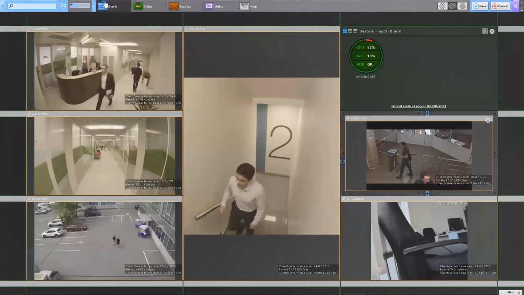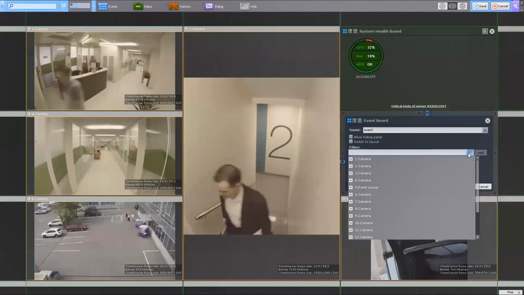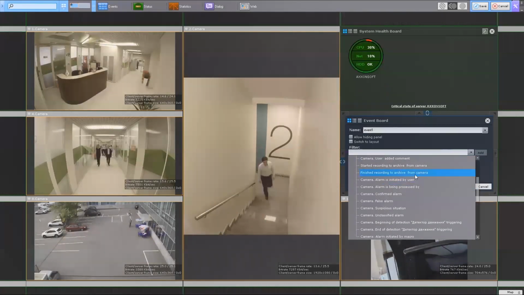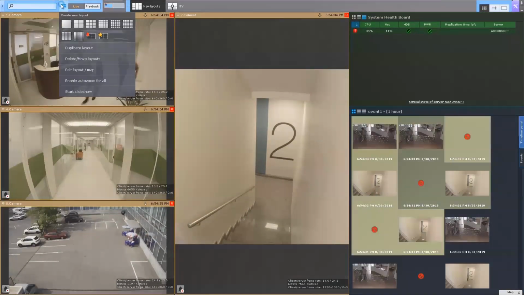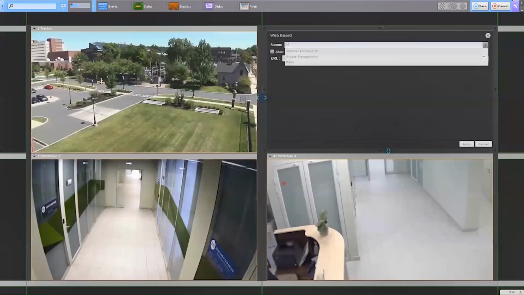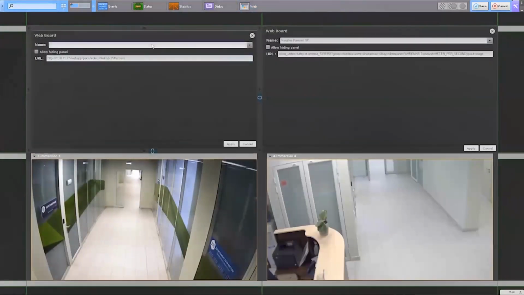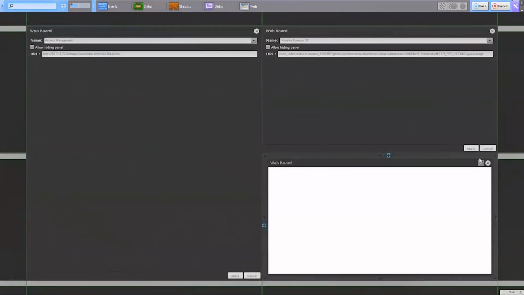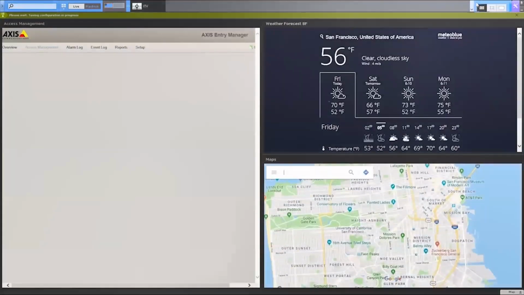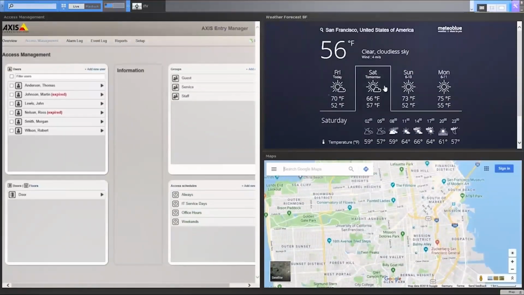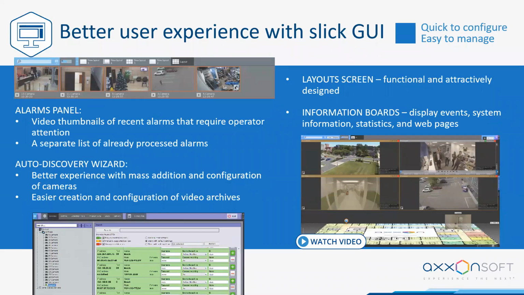Adding more on export capabilities, you can also export just a selected portion of the video, and you can set a password for the export file and add a watermark. When configuring layouts, you know that monitors and video cameras may have a different aspect ratio. As a result, the image from the cameras may be laid out on the screen unevenly with large empty spaces. In order to optimize how camera windows fit on the screen, you can easily customize your layout in our software. Along with the cameras on your layout, you can display information about selected events with the help of our event board.